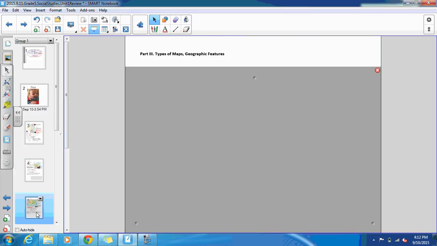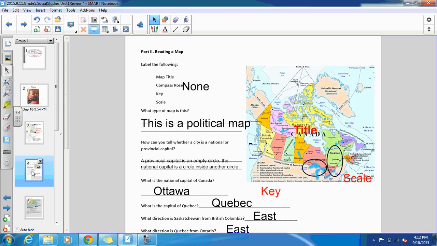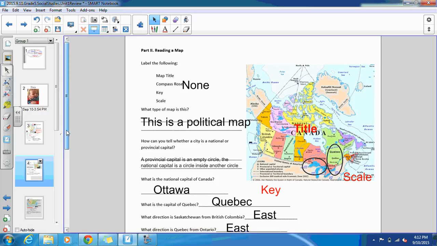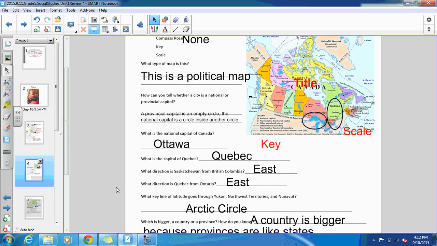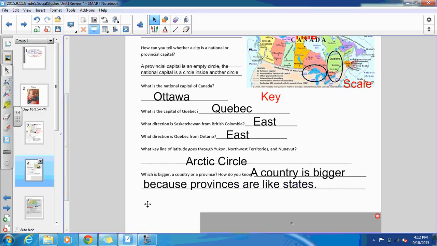Okay, turn the page. Hold on. Sorry. Again, freeze. Add up how many questions you got right. So let's count how many questions there are. Map title, 1. Key, 2. Scale, 3. Type of map, 4. 5, 6, 7, 8, 9, 10, and 11. So on this page we have 11. So at the bottom, just tell me how many you got right out of 11. Once you have all your answers on the page,